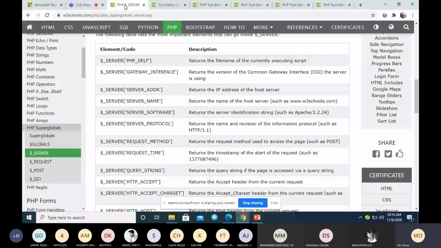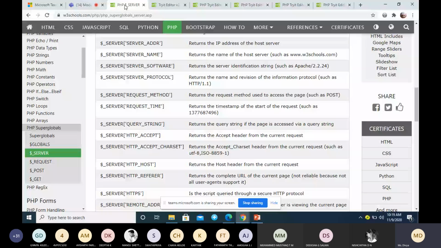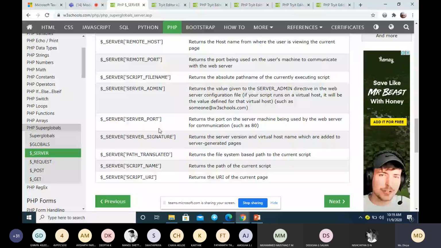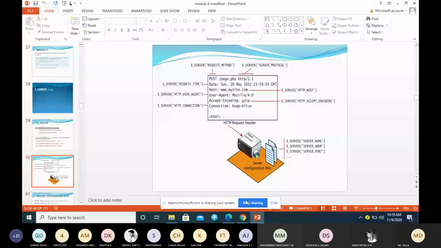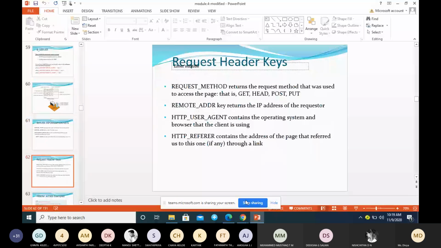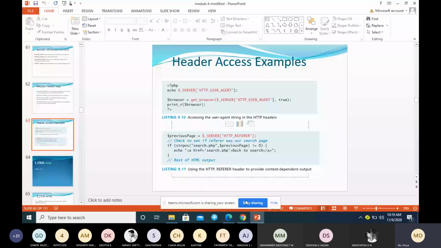You can use this to get any information about the server: admin name, port name, signature, URI, remote host name. Anything can be got using this built-in server array. Server name, address, agent, method. Next, coming to server keys, server files.